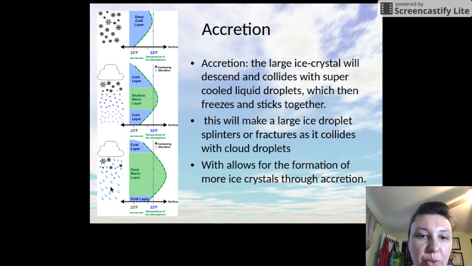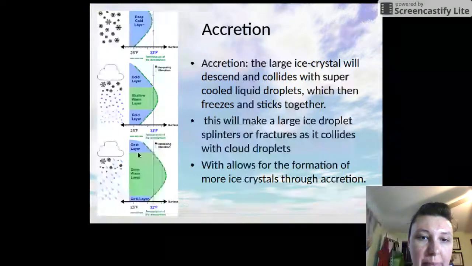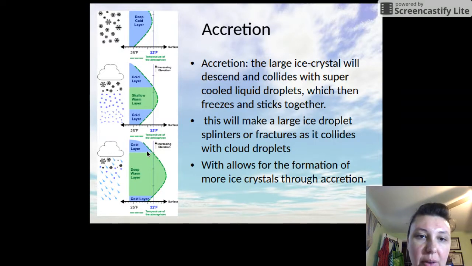And this is freezing rain down here, this one down below, where I'm coming out of my lifting condensation level of the cloud as snowflakes, but I'm pretty much melting instantaneously, and I'm warmer, warmer, warmer, but then when I hit the ground, everything on the surface is below freezing, and so I'll freeze on contact as a water droplet. So on this note,